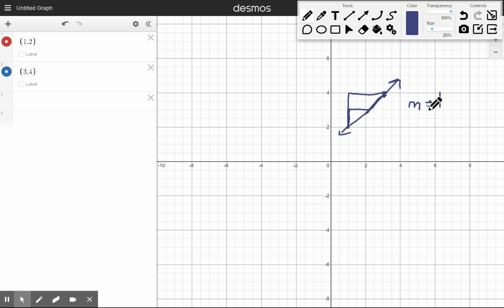And then we took our slope backwards to find where it was crossing the y-axis. Down 1, back 1. So it's crossing the y-axis at a value of 1 as well. So that tells us that our b value, which is the name for the y-intercept, is also 1. So plugging that into slope-intercept form,